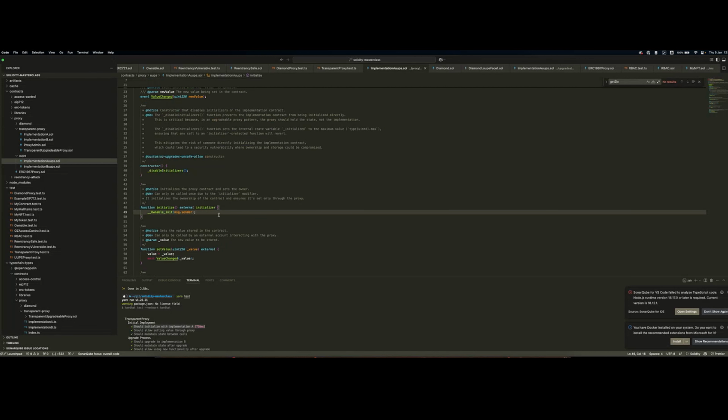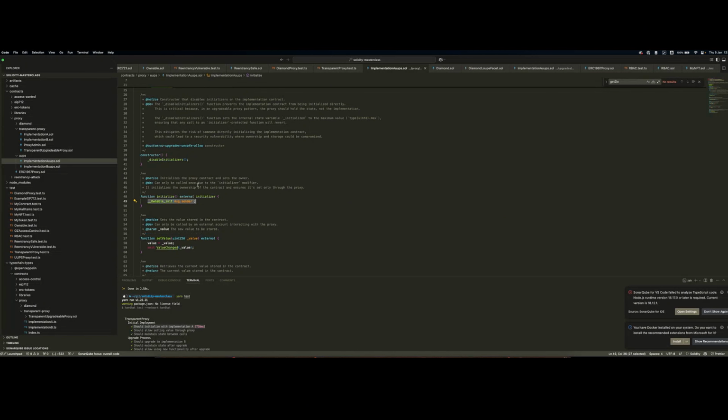So it's very simple in terms of higher level understanding, because it's like performing the constructor operations of a non-upgradable contract, but it needs to happen in a different way post-deployment because the implementation contract is attached after it's actually deployed and pointed to from the proxy contract. So in this case, we're simply specifying that the owner of this contract is the message.sender, the caller of the proxy deployment, and